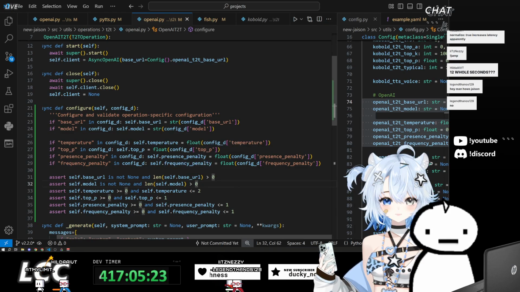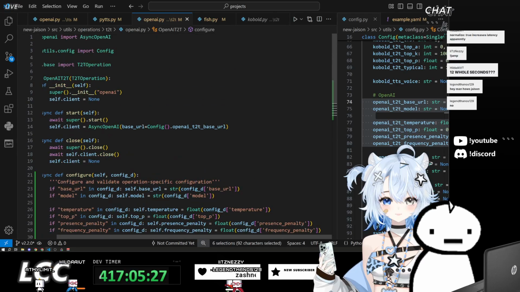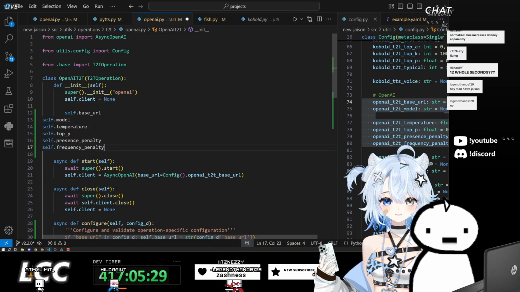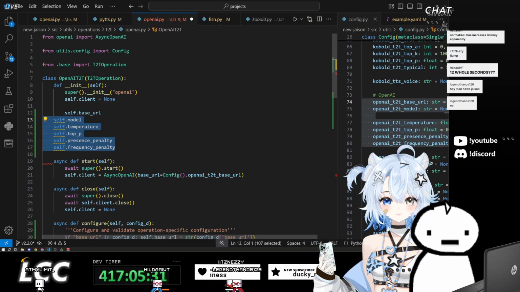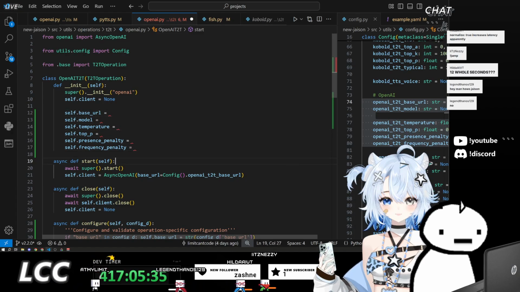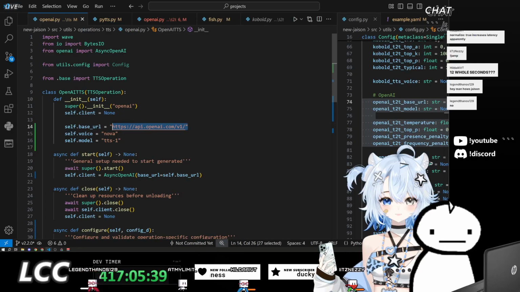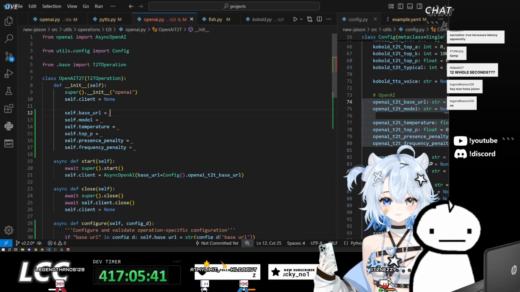That should be it for setting the configuration for this one. Add these to the initialize so we can set the defaults. This one should still be the same one as OpenAI from over here. The model we can just set to GPT-4o.